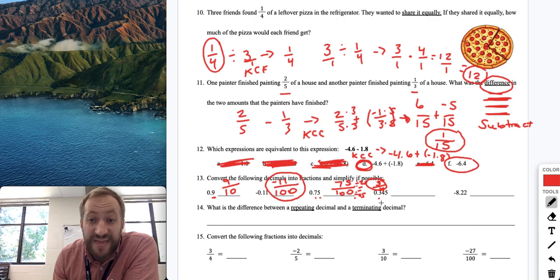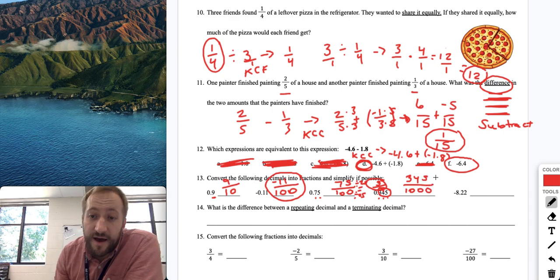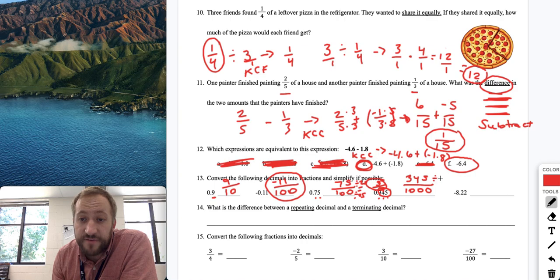0.345, let's see, we got the 10th place, the 100th place, and then the 1000th place. That's how far that decimal extends to, so it's going to be out of 1,000 as the denominator. Then I put the number right by the decimal, this whole thing, I put it as the numerator, 345. Now, this one is kind of a large one, right? So we would have to simplify it. I could divide them both by 5,